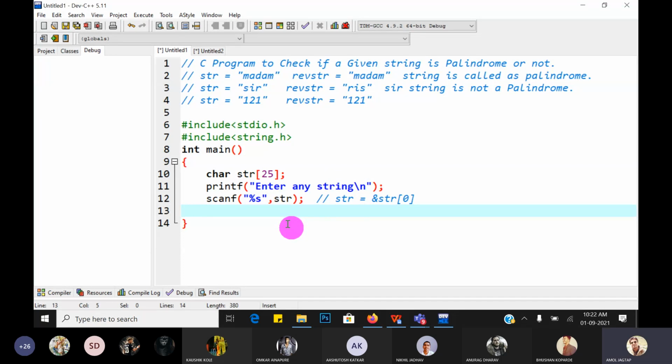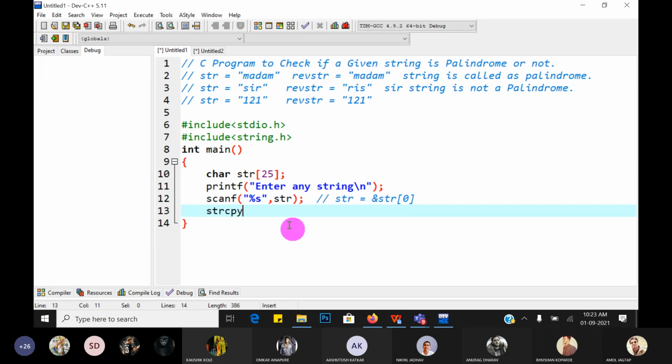For that purpose, we have to copy the string. So guys, you know how to copy a string. Which function is available for that? Yes, the strcpy string copy function is available.